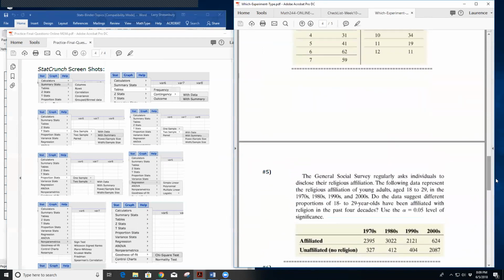Oh, let's look at this one. The General Social Survey regularly asks individuals to disclose their religious affiliation. The following data represent the religious affiliation of young adults, 18 and 19, in these different decades, 70s through the 2000s. Does the data suggest different proportions of these 18 and 19-year-olds have been affiliated with religion in